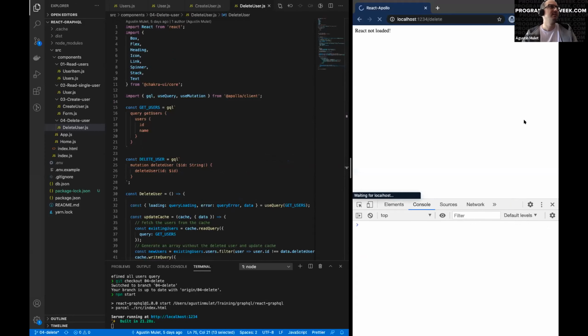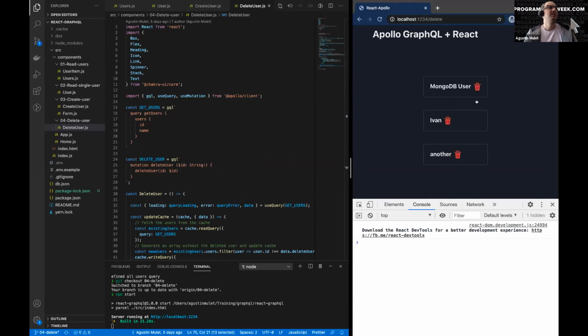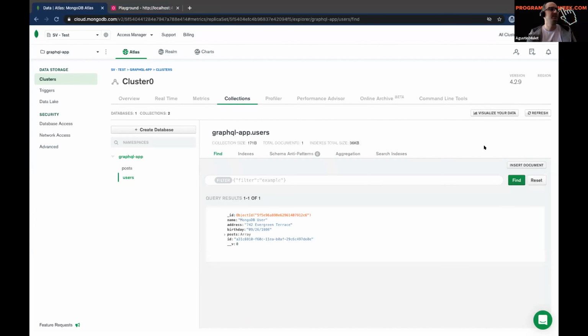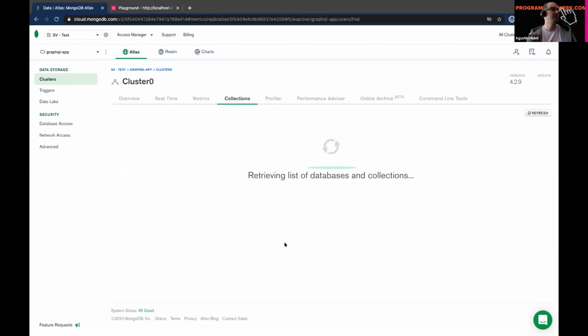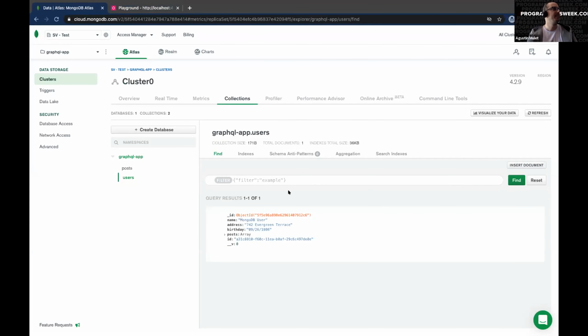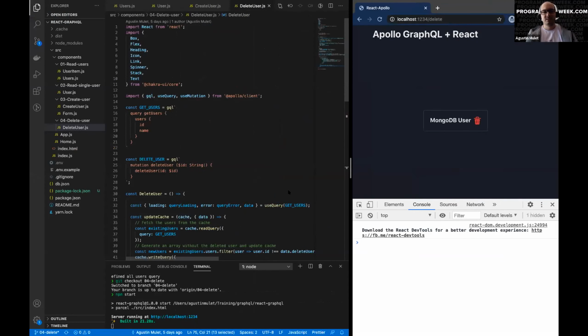So let's now try, and Ivan is out. Now the other user is out. If we check our playground, we see that we deleted the users. And in our instance, we can see also that there is only one user now. This was just